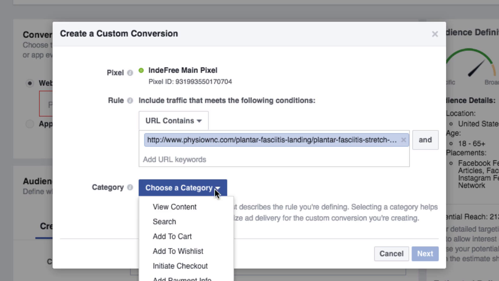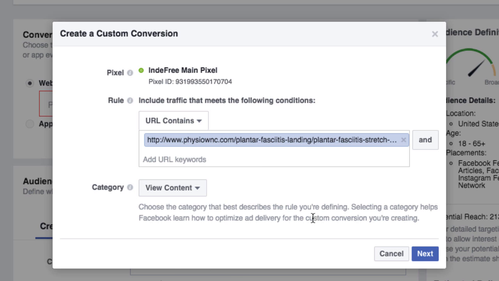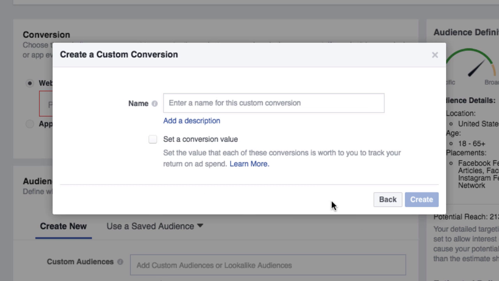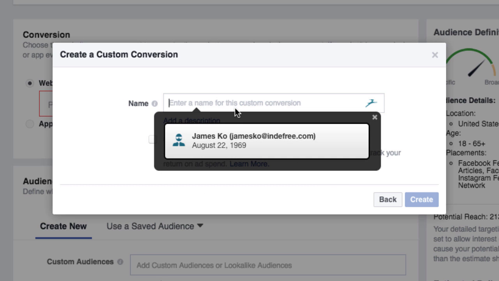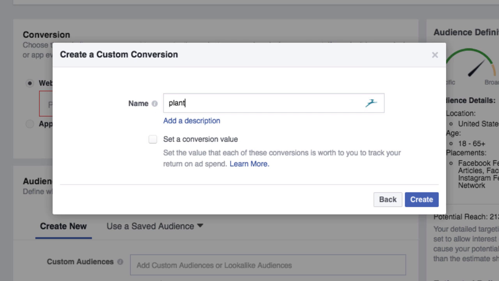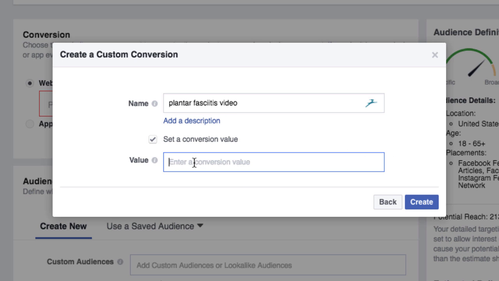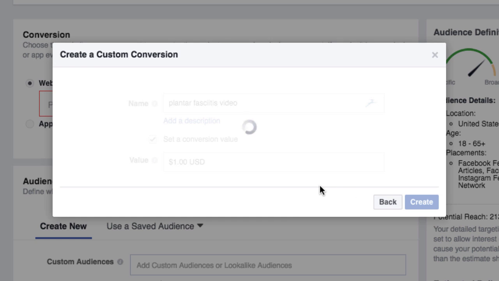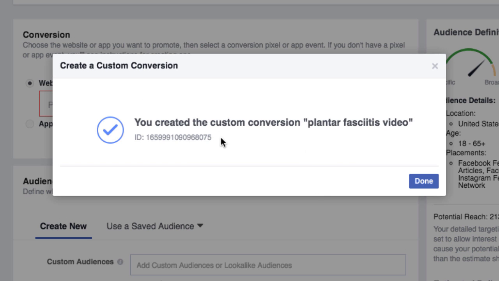Now, what we want to do here is just view content. So this is going to be a pixel. Now we can name that pixel. We can call it the plantar fasciitis conversion, or we can just call it the plantar fasciitis video. So people who view that page, Facebook is going to track that as a conversion. Now the conversion value, I like to always put $1, and then you're going to have that,